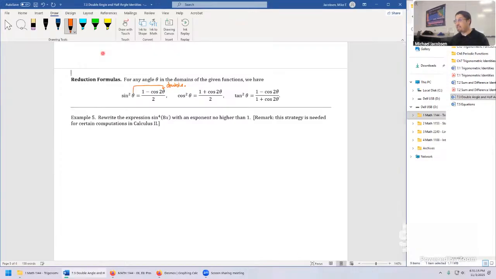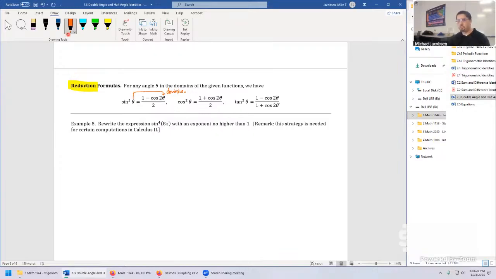And why is it called that? The idea with the reduction formulas is what you're reducing is the power. So this has a really specific context where it might come up. In calculus,